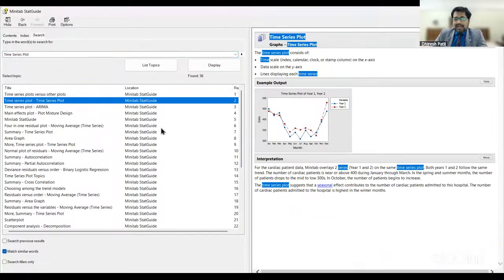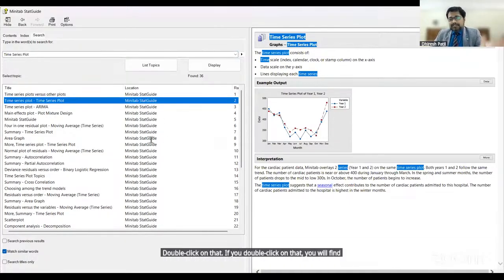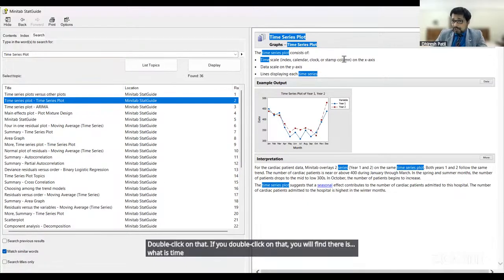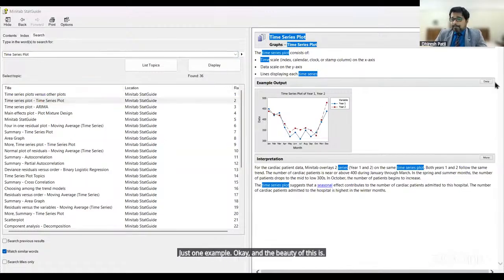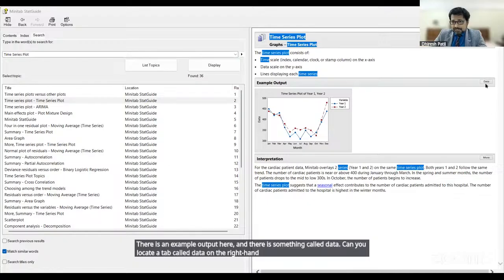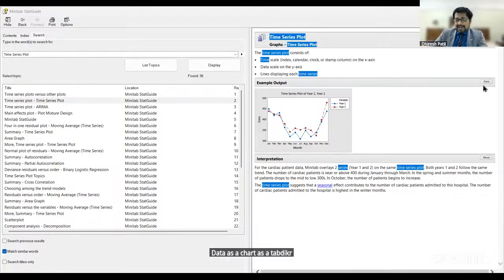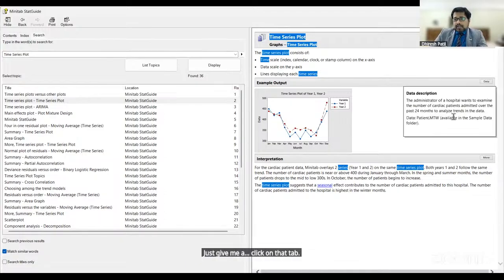Double click on that. If you double click on that, you will find what a time series is explained on the right hand side with an example. Okay. And the beauty of this is there is an example output here and there is something called Data. Can you locate a tab called Data on the right hand side? See my cursor here. Data, a small tab is visible to you. Can you see that? Just give me yes. Click on that tab. It will explain you